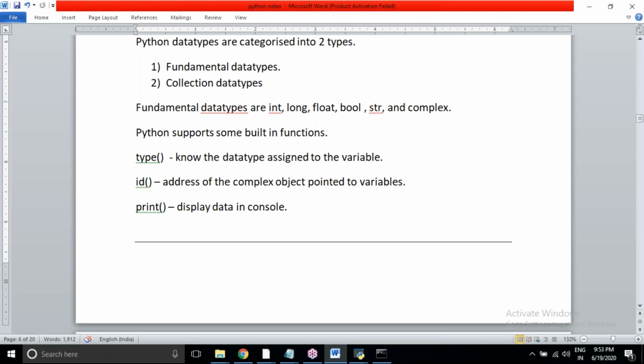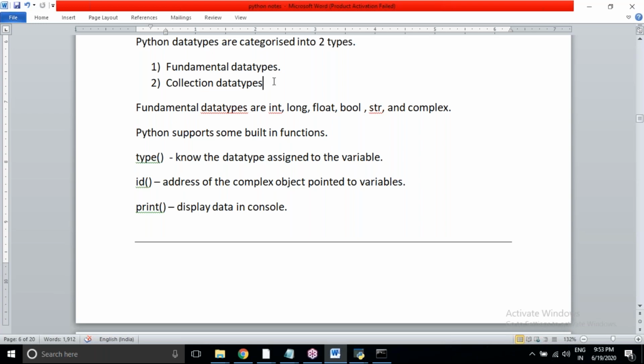And here you can see collection data types are there. In Python, we can see collection data types like list, tuple, set, dictionary. All these are the collection data types we are using here.